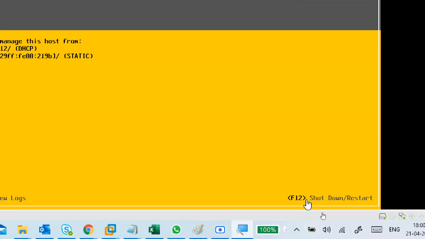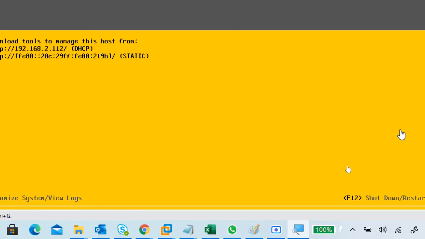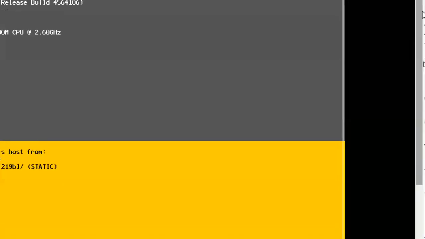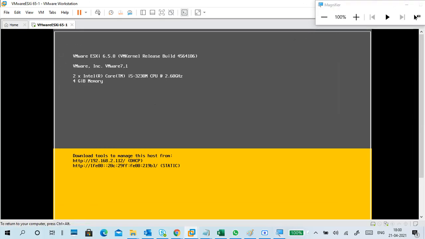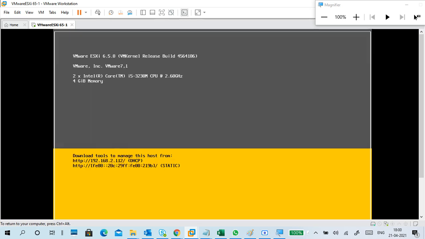F12 is for shutdown and restart, F2 is for customizing the system and viewing logs. If I want to change any settings, I can go to F2. It is asking for a username and password. The username is root only; I didn't create any other account.